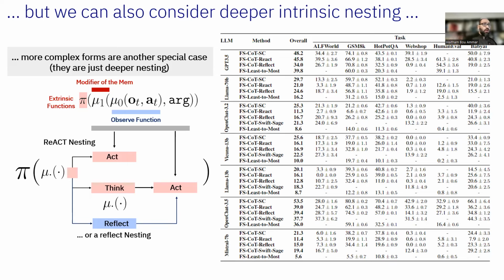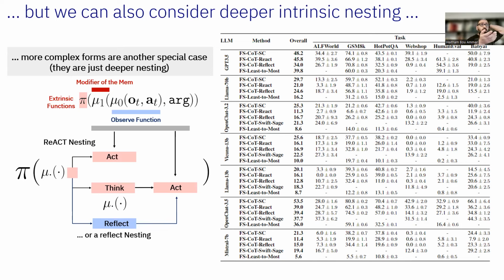But what is cooler is that I can do a deeper level nesting. So instead of doing this two-level nesting, as I showed you before, if I now, for example, go to a more complex nesting, whereby I have a function selector mu that will decide whether to act and think, and then think itself is another mu and then goes to an act, then actually I have something which we call a ReAct nesting. And that's a ReAct nesting that has been developed in the literature as a very interesting technique. Even if you change this nesting in a different way, you can actually get into a reflect nesting. So instead of thinking here, if you just go from a reflect to an act, then you will get into a reflection sort of nesting.